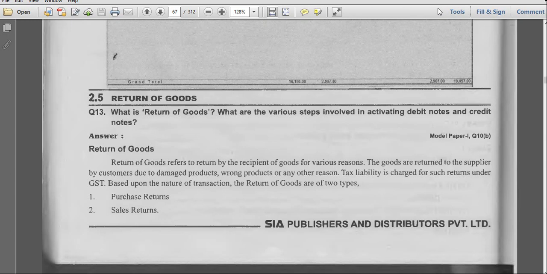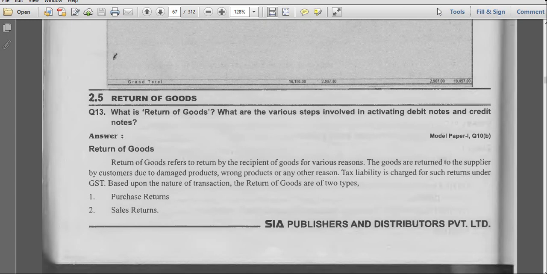Right. So in the last class we discussed interstate purchase and intrastate purchase and sales, how to enter the transactions if you are purchasing or performing sales operations within the state or with different states. Once we do purchase or sale, obviously we'll have another concept, that is returning of goods.